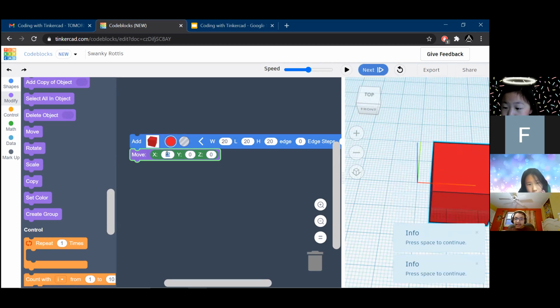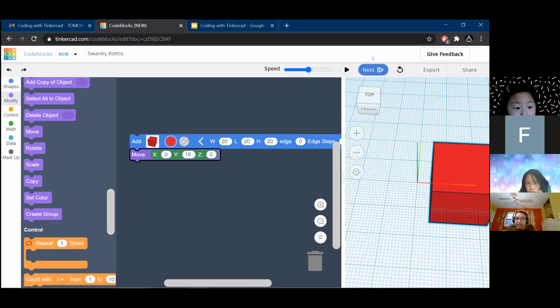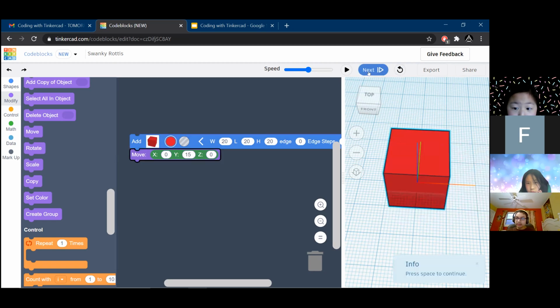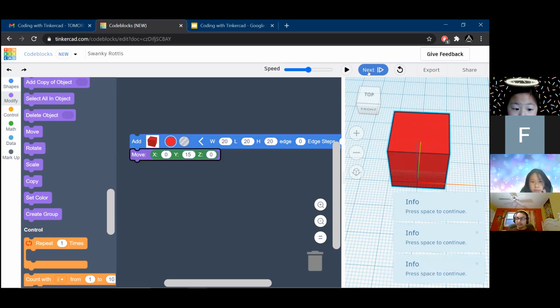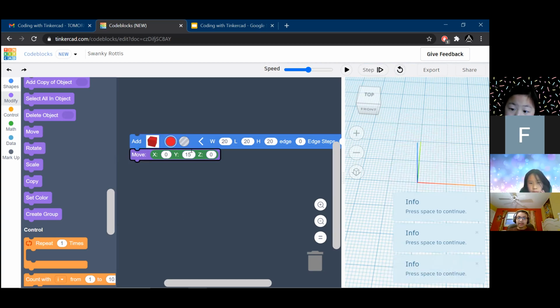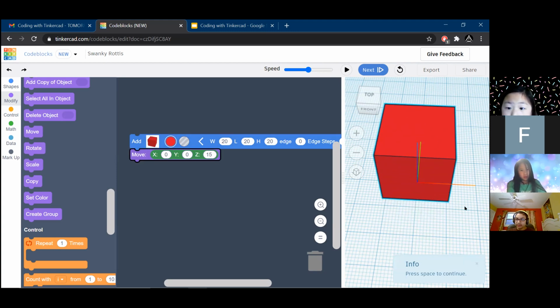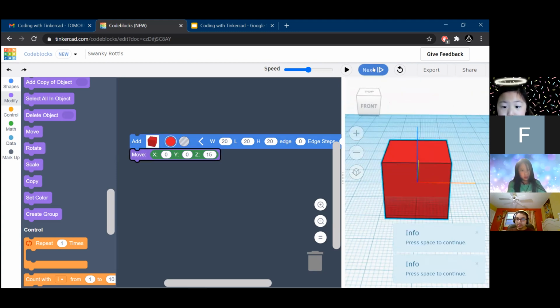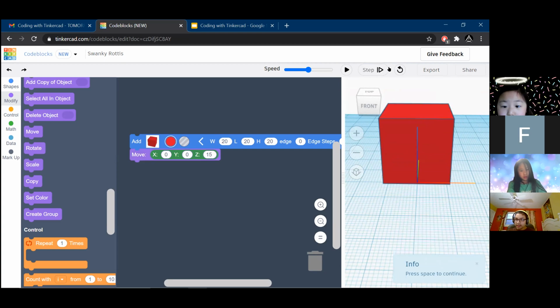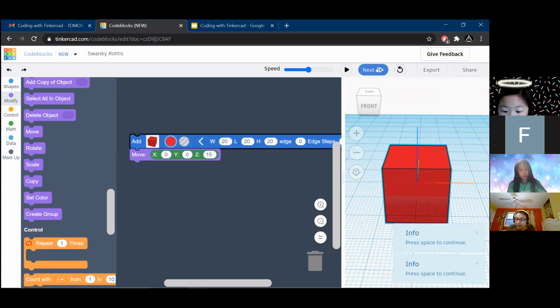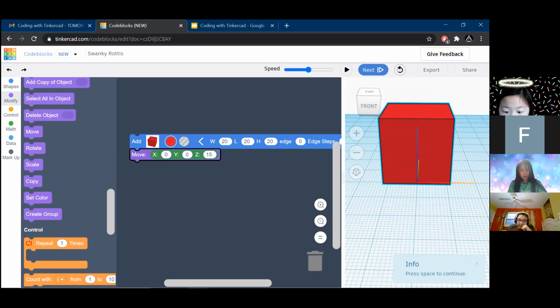We also have the Y direction, which moves forward and backward almost. So if I go like this, this is the X, and this is the Y direction. And finally, we have the Z direction, which goes up and down. If I look at it from this angle, you can see that the box moves up and down.